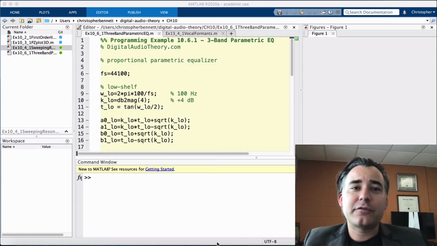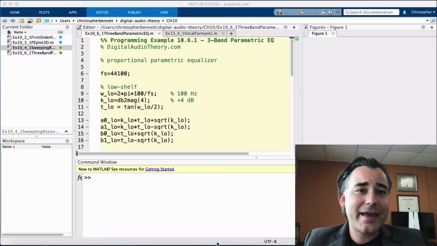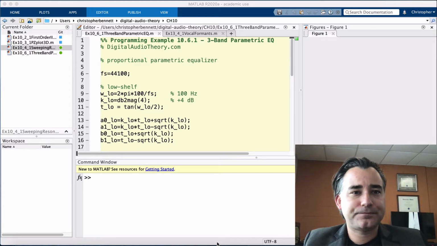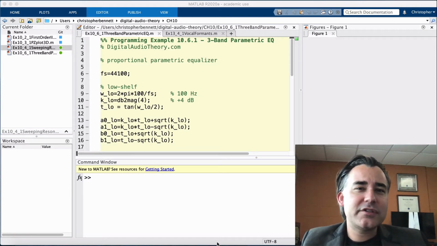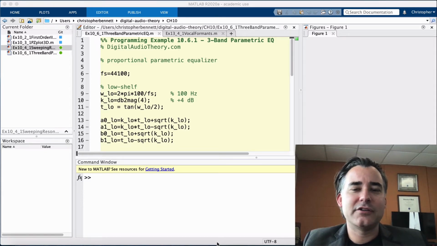The shelving filters are first order and depend on two parameters, K and T, where K is the linear gain and T is representative of the shelf edge. While the band gain and cut filters are second order and also depend not only on K and T, but another variable, C, as well. C represents the center frequency of the filter. But for the second order band filters, the parameter T takes on a slightly different role. Here it is representative of the bandwidth of the band instead of just the band edge, as in the shelf